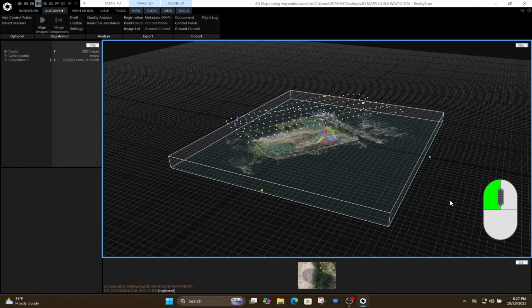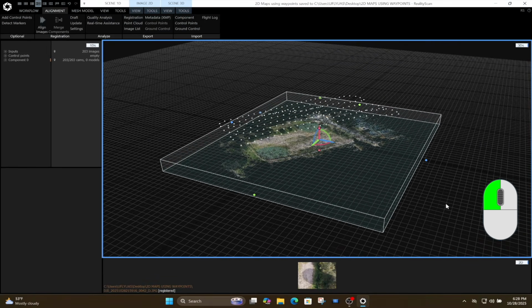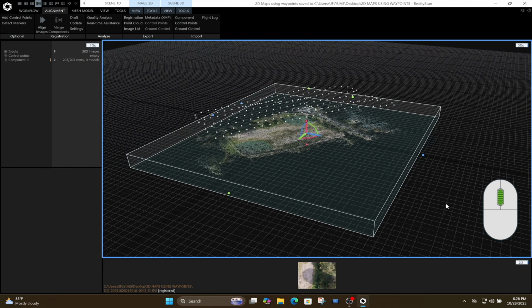Press and hold your left mouse button to move the 3D point cloud left, right, up, or down. This lets you pan across the model and examine different areas without changing the viewing angle. Use your mouse scroll wheel to zoom in or out on the 3D point cloud. This allows you to get a closer look at details or zoom out for a full view of your mapping